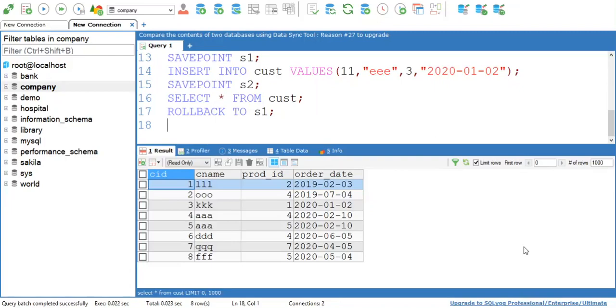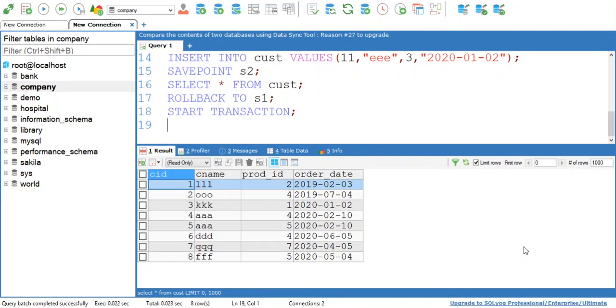Now let's see how to write a transaction. Here we begin our transaction by using the start transaction command.